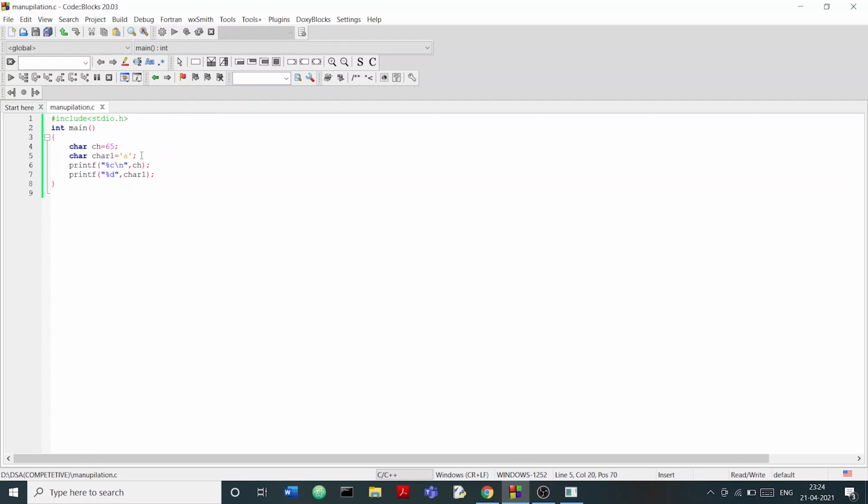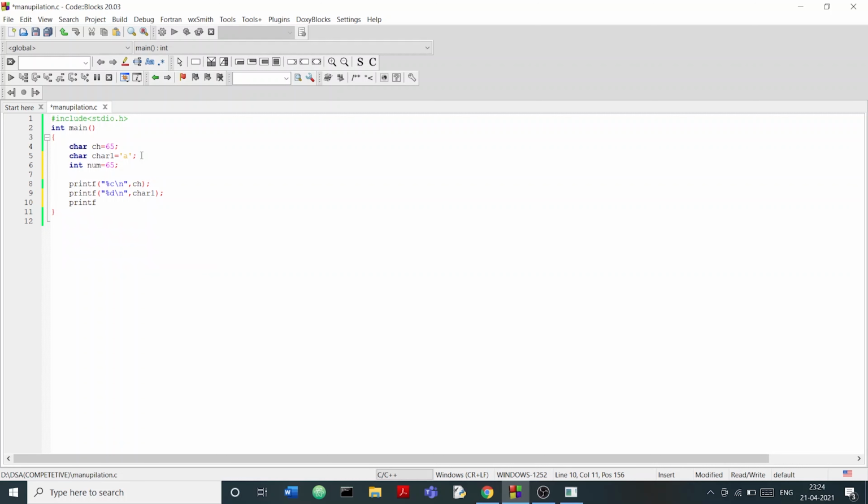Now, is the same concept available for integers? Let's check. I am making an integer, naming it num, and giving it the value 65. Now I am going to use an escape sequence again, backslash n, to give a new line.